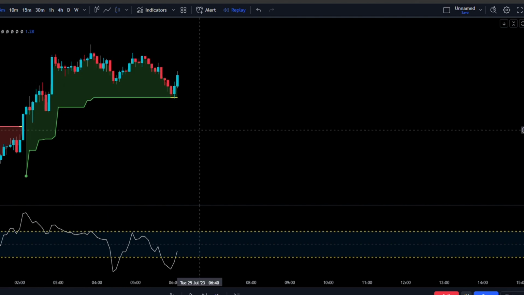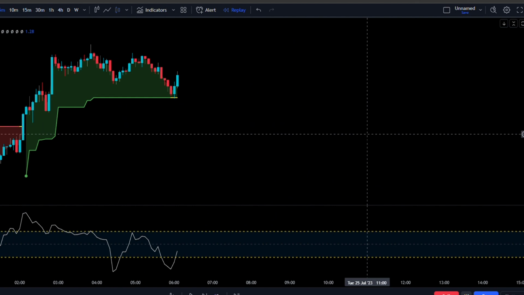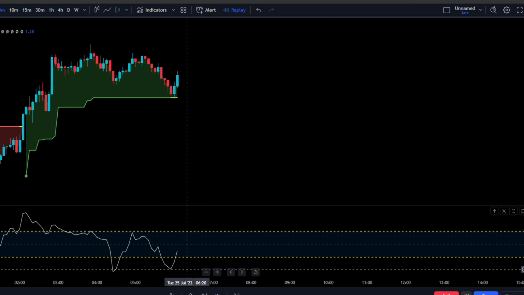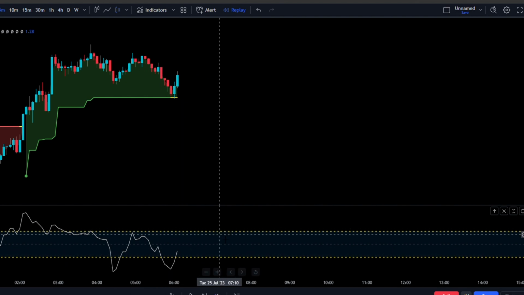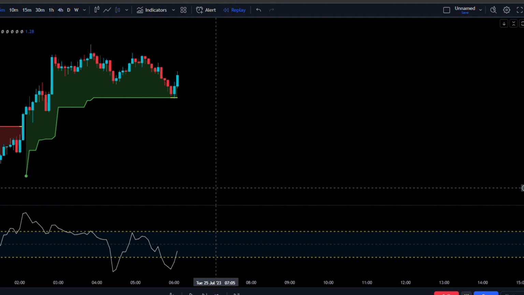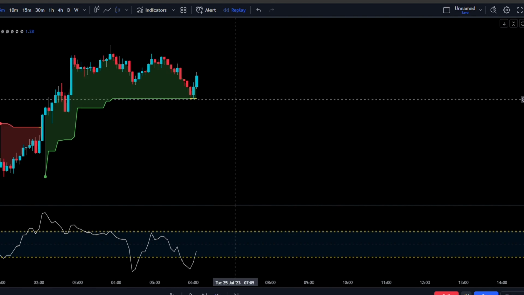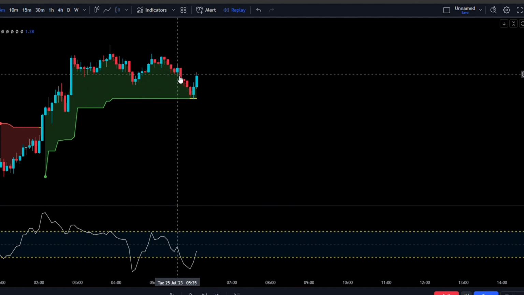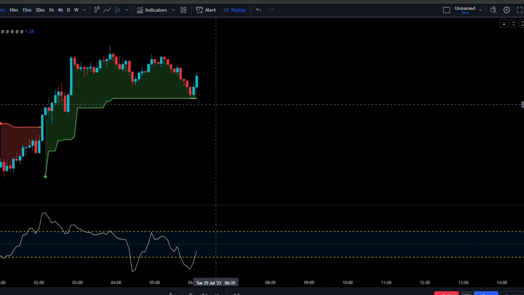Now we've verified this support, we need to wait for our entry signal, which is the CCI. For a valid entry signal to happen, we need the CCI to become oversold and also break back above into our channel. Once the CCI breaks above the yellow line, that's now a new valid signal to go long. But we're not going to enter this signal until price action prints a bullish candle that engulfs the bottom bearish candle. Price was in a bearish push phase to the downside, and now price has engulfed the bottom bearish